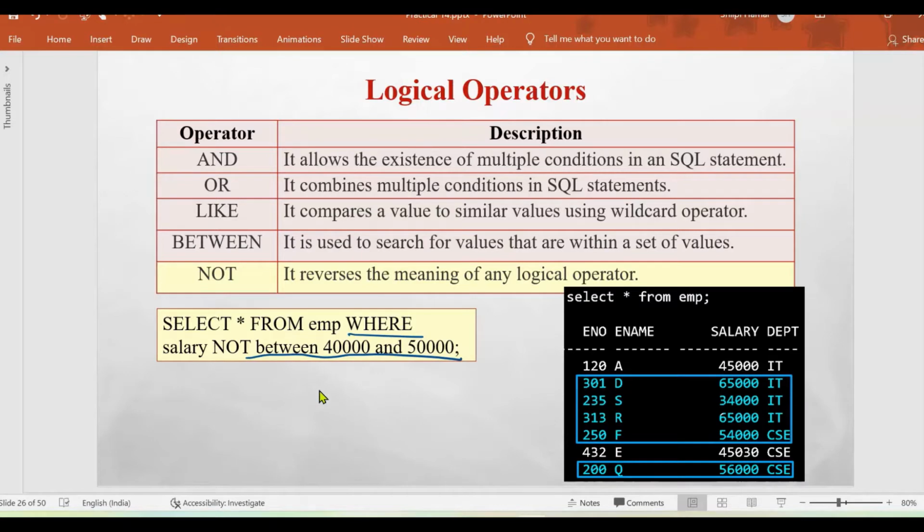When we were checking for salary between 40,000 and 50,000, we were getting only these two records, 120 and 432. Employee with ID 120 and employee with ID 432, the first and this sixth record. But as we now have the condition not between 40,000 and 50,000, we will be getting all the records where salary is less than 40,000